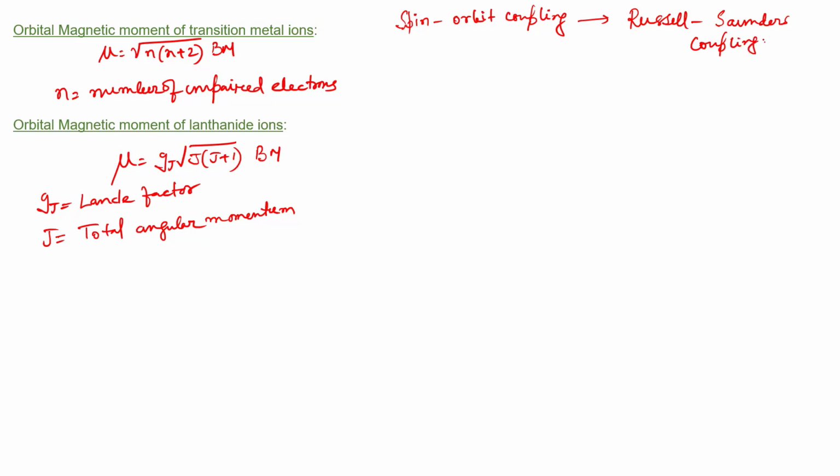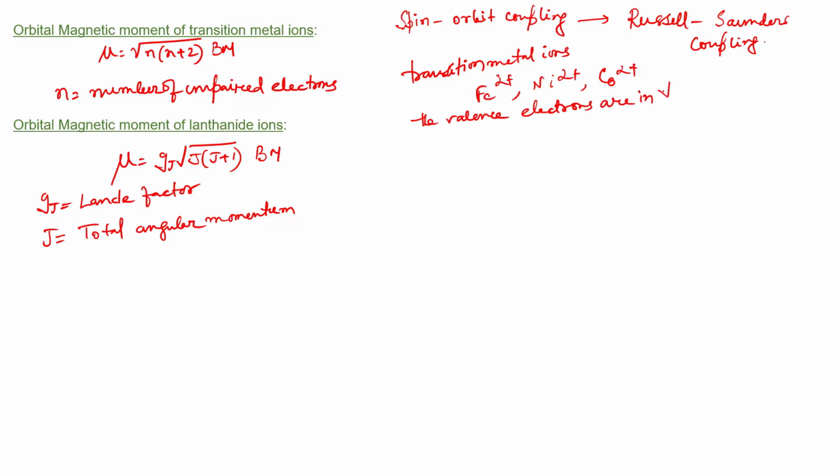To know more about this coupling, we have to look into the valence orbital configuration of transition metal ions and lanthanide ions. For transition metal ions like iron 2+, nickel 2+, cobalt 2+, the valence electron is in the d orbital,